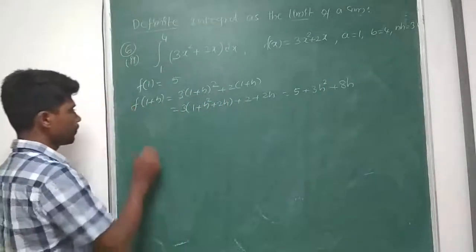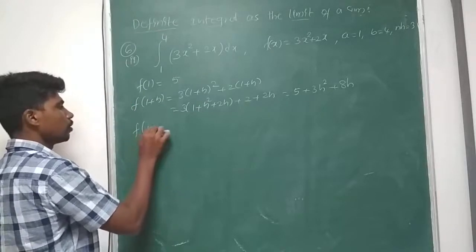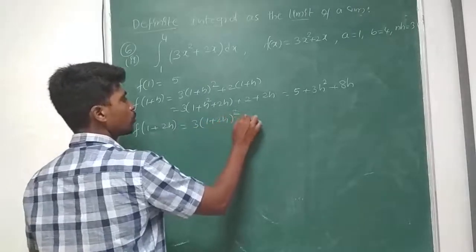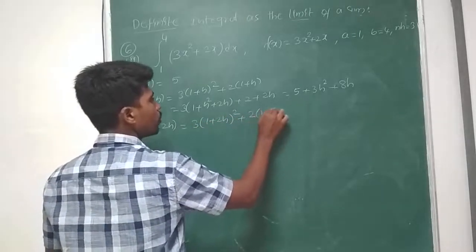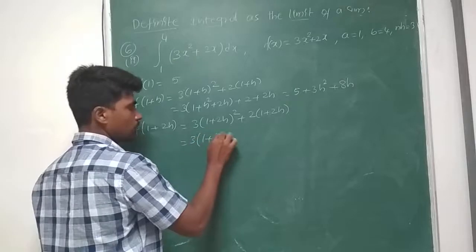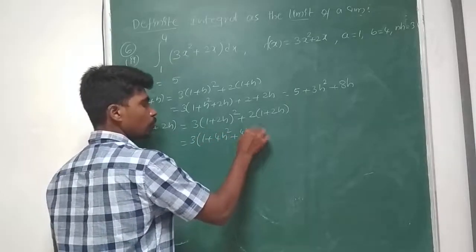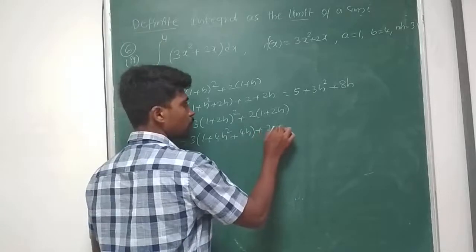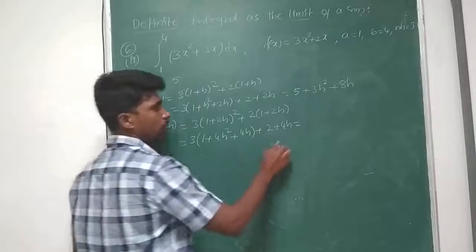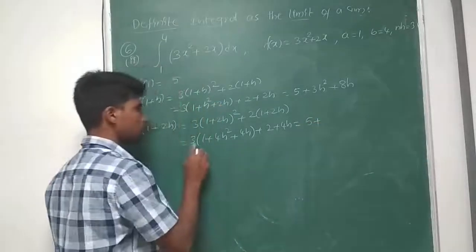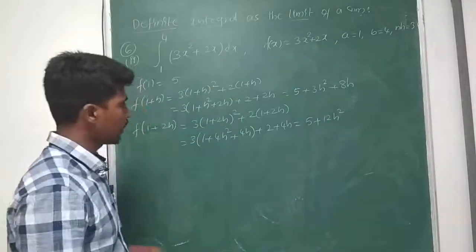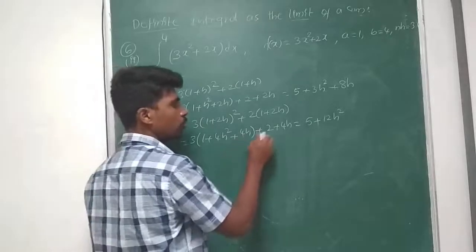Okay, next f of 1 plus 2h, which is nothing but 3 into (1 plus 2h) whole squared plus 2 into (1 plus 2h). Okay, now 3 into (1 plus 4h squared plus 4h) plus 2 plus 4h. Now 3 into 1 is 3, 3 plus 2 is 5, plus 3 fours are 12h squared. Next 3 fours are 12, 12 plus 4 is 16